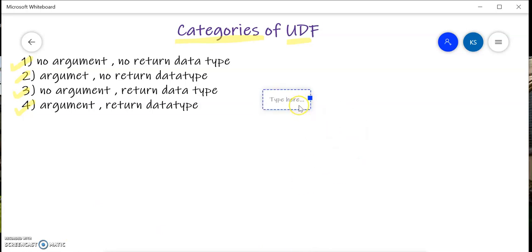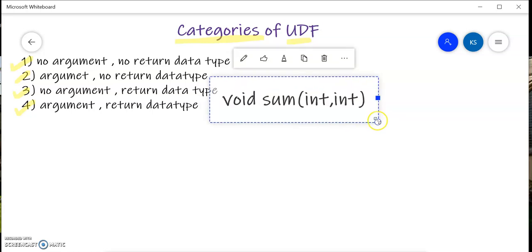So let's write a simple function, the same we did in the previous session. Void sum and two parameters, right?